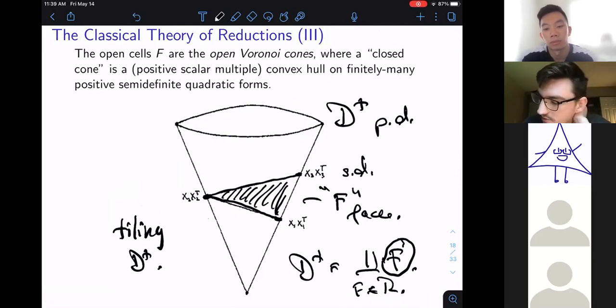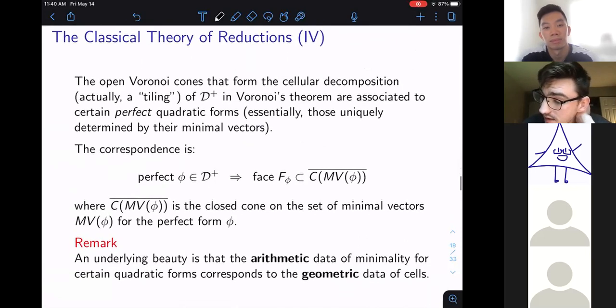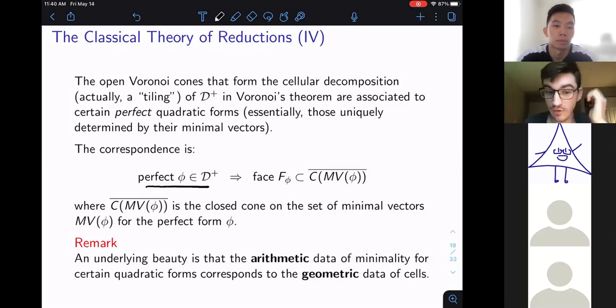And the geometric information comes as the arithmetic information comes as follows. So you call a positive definite quadratic form perfect if, roughly speaking, we have to be a little bit rough here, it means that it's completely determined by its minimal vectors. So the vectors on which it attains a minimum. So you have these perfect forms which are completely determined by their minimal vectors, and these correspond to faces inside